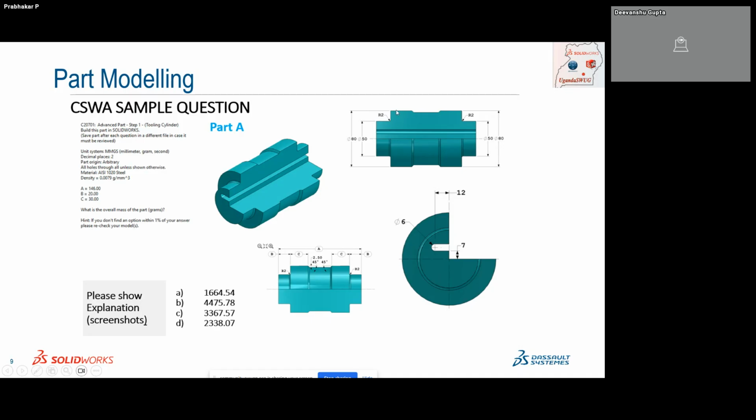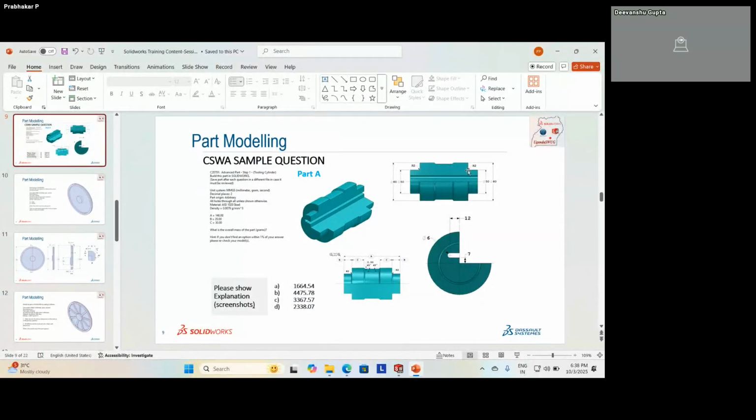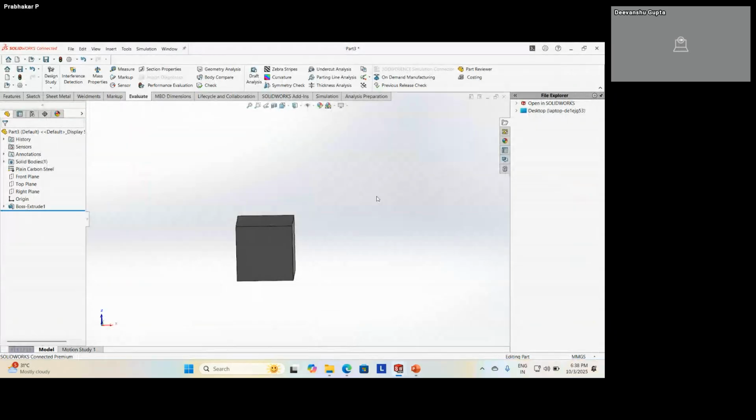Then once again repeat and close. Simple. If you plan the sketch properly, you can quickly do the design.